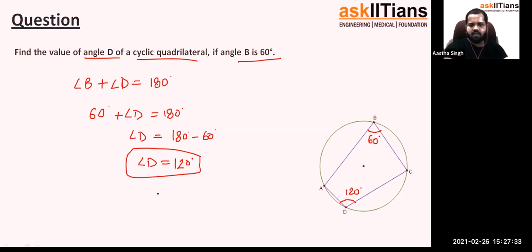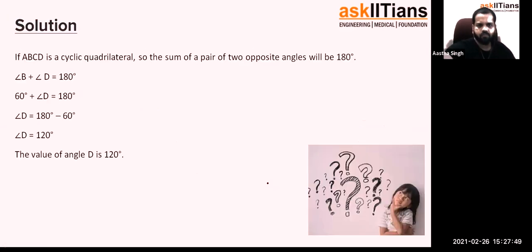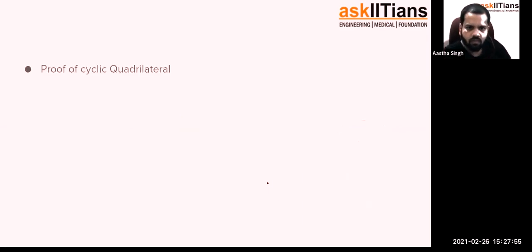And also if angle C is given, then angle D will be equal to, sorry, then in that case, angle C plus angle A will be equal to 180, because in a cyclic quadrilateral the sum of opposite angles is equal to 180. The same solution, right? We have already done it. So yeah, we'll prove how the sum of angles is 180 degrees, right? For that proof,